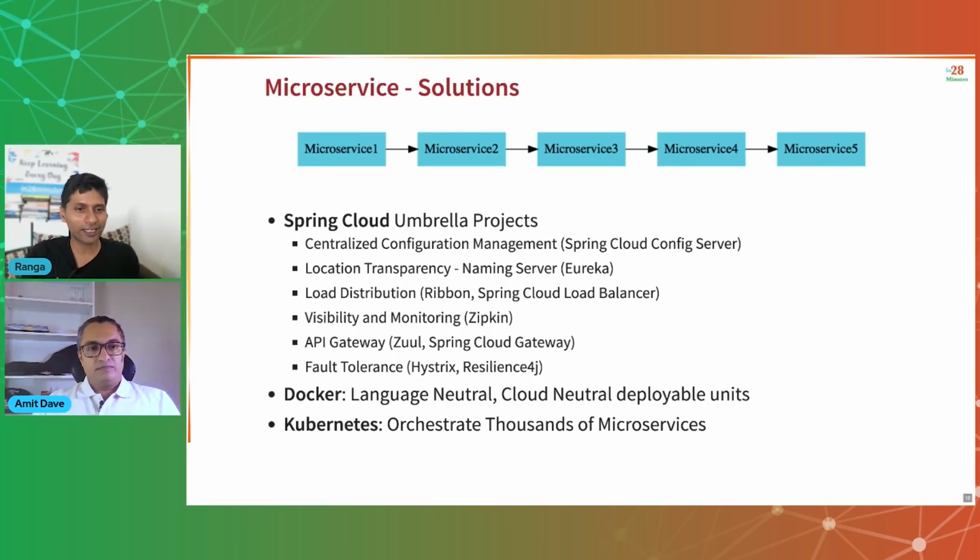So that's where I felt Docker played a very, very important role. It is language neutral. You can deploy it anywhere, and that's where Docker came into the picture. I think the most important thing is it helped reduce the number of issues where the developer would say, well, it worked on my machine and it's not working in the QA environment, right? So it helped to reduce those, the biggest advantage. Absolutely. I think that's one of the biggest contributions of Docker.